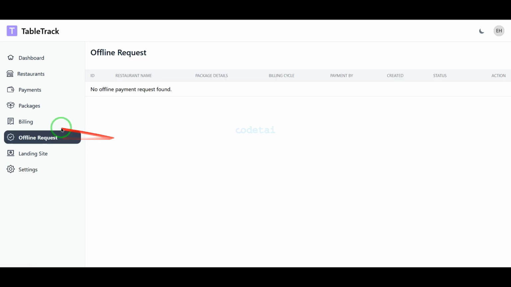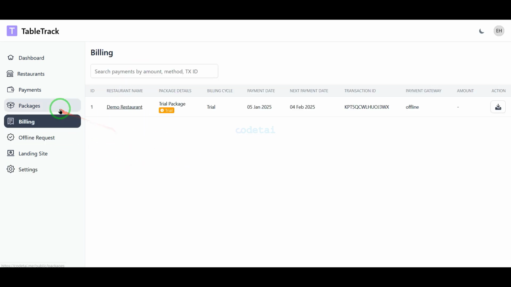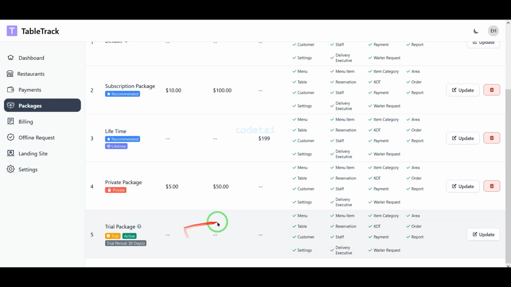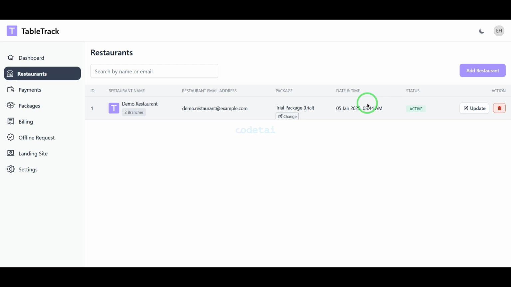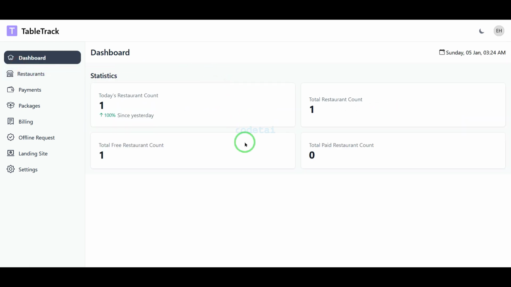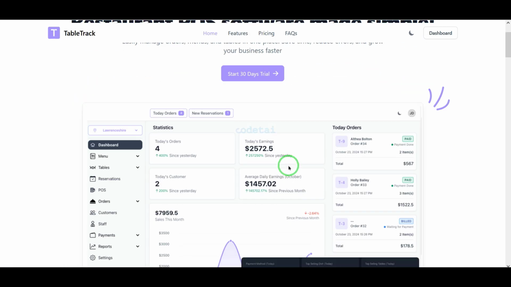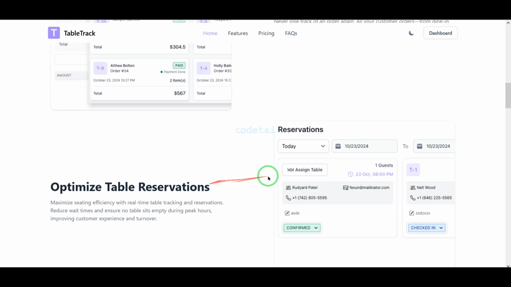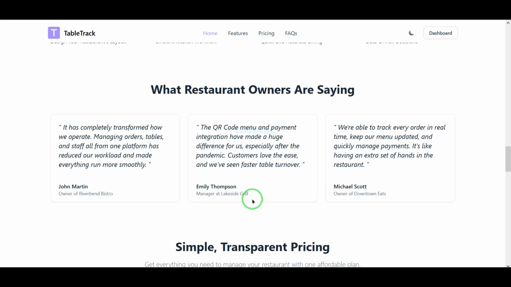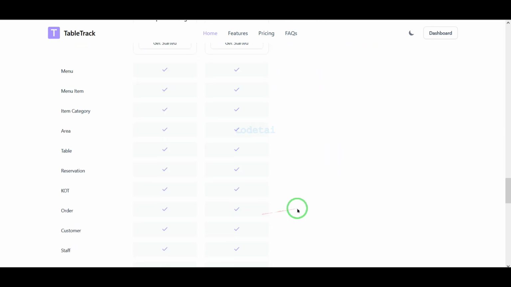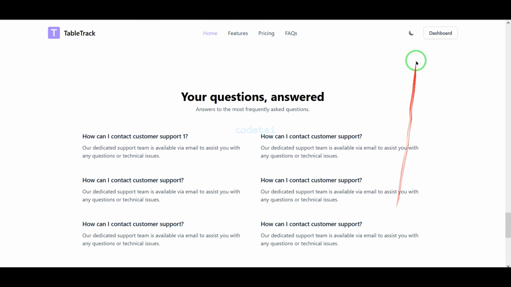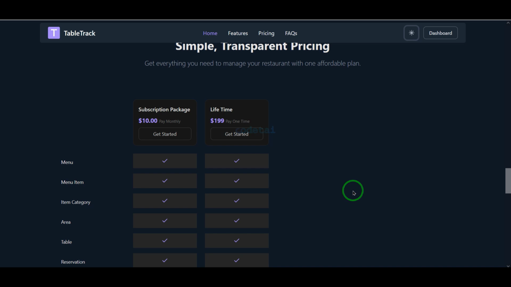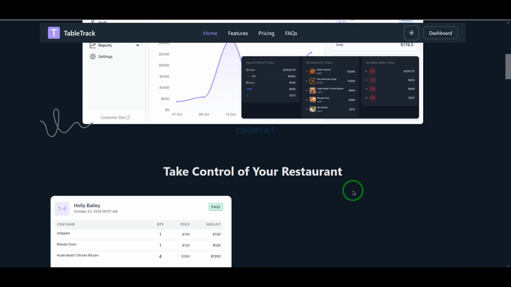This admin panel also has many other important features that will help us manage our restaurant management system website. Or if you have any problems understanding the features of the admin panel, contact us and we will help you. In this video we learn step by step how to make a large amount of money by creating a restaurant management system SaaS project.